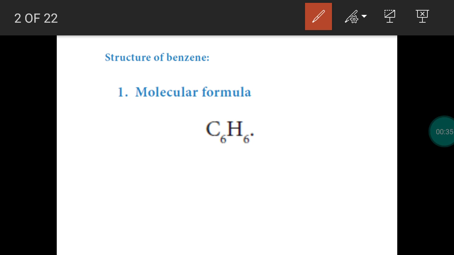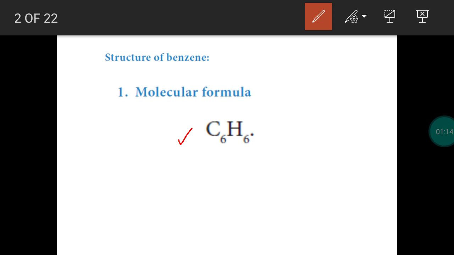What is elemental analysis? First, we have to detect the elements. After preparing an organic compound, we will detect the element. Next, we will do estimation. If carbon, hydrogen and oxygen is present, we have to estimate how much carbon, how much hydrogen and how much oxygen is present. So detection of element, estimation of element will be done. Then with the help of that, we will write empirical formula. Then with the help of molecular weight or molecular mass, finally we can write molecular formula.